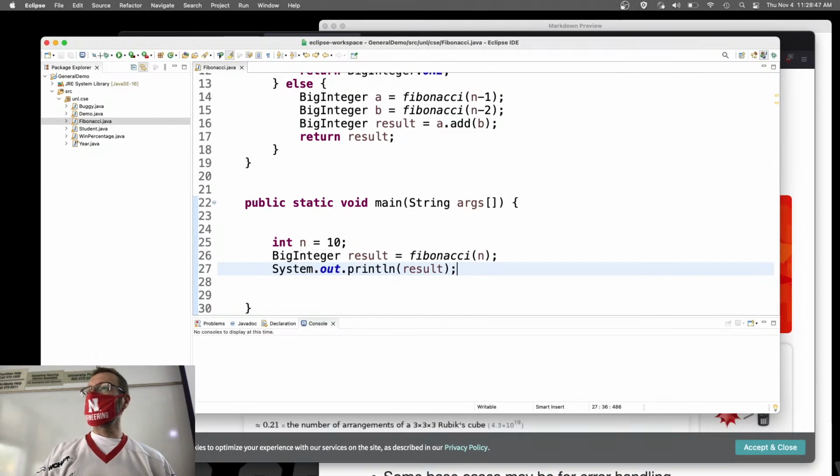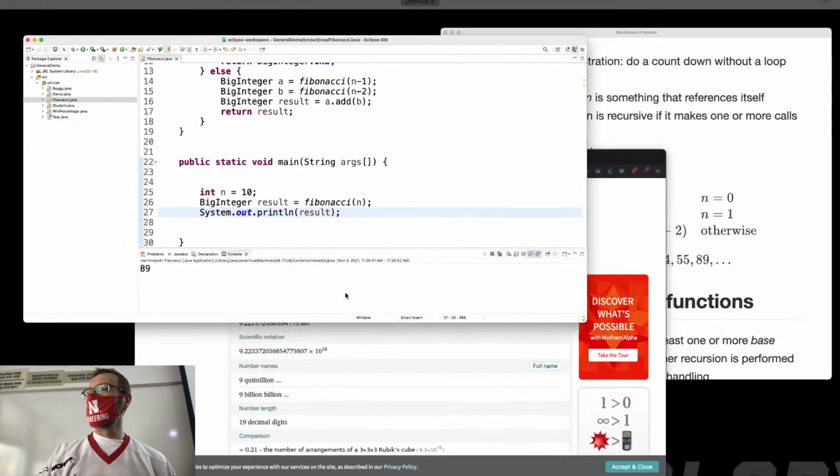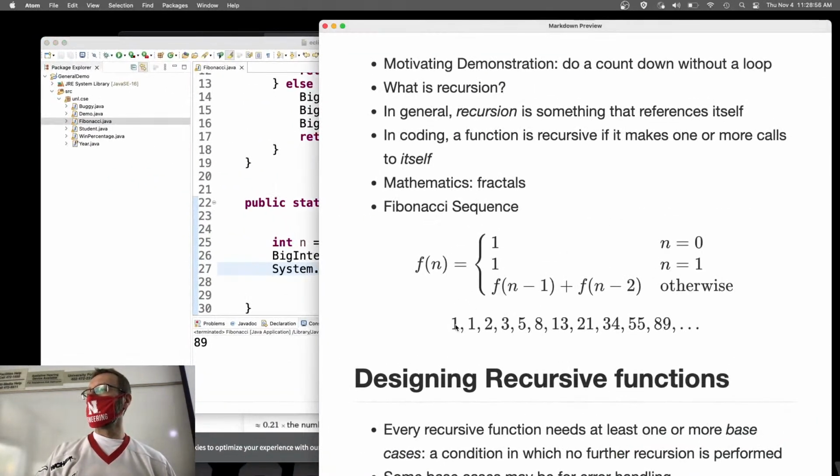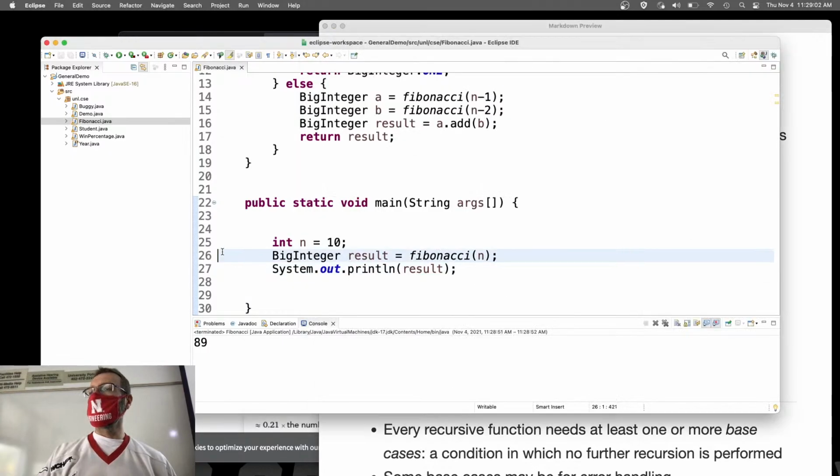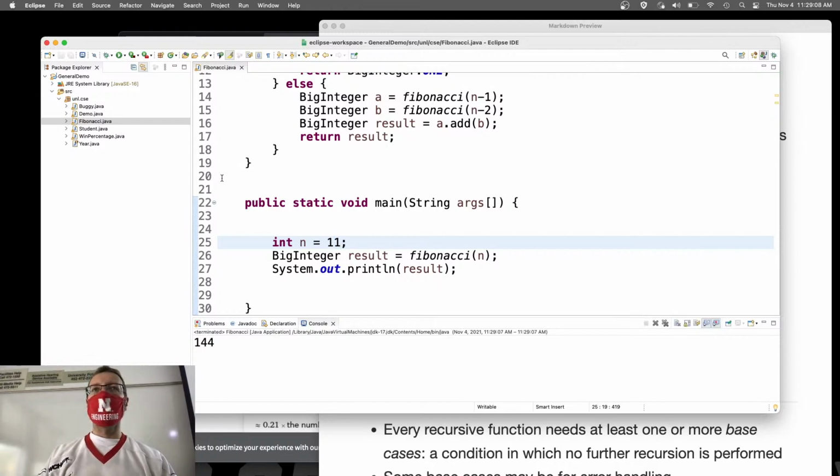So what was the 10th Fibonacci number? Do you remember from last time? I think it's 89 or something like that. Yep. 89. 0, 1, 2, 3, 4, 5, 6, 7, 8, 9, 10. Right. What would be the 11th one? 55 plus 89 is 144. I'm convinced it works, but of course, if we tried to do something like this, 100, the 100th